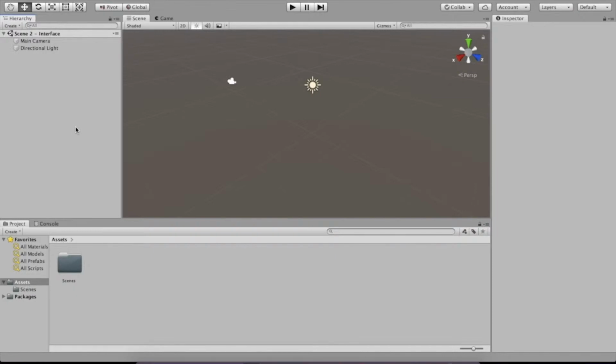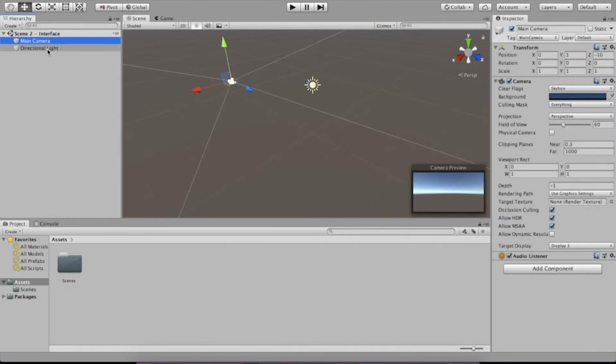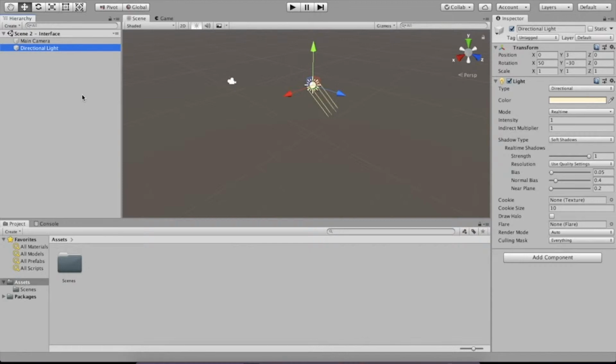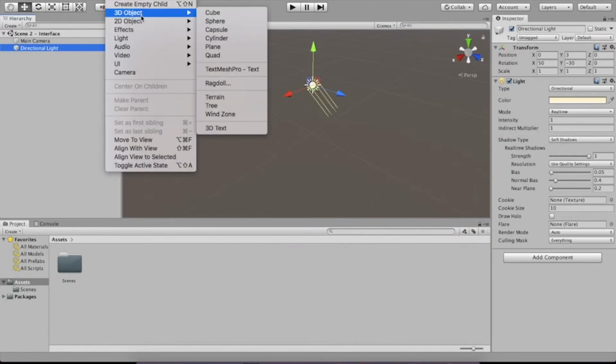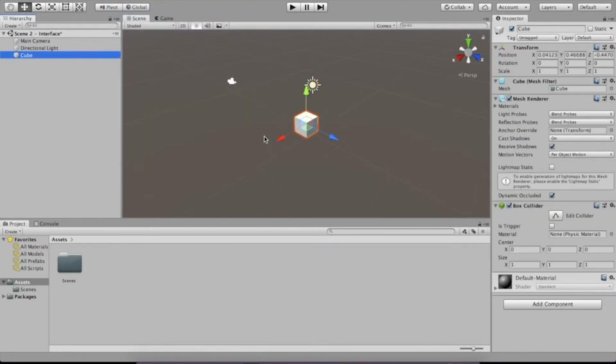A scene at its default state has a camera and a directional light already put into it, but these two things are not very visible. So let's add a new object into our screen. If you go up to Game Object and 3D Object, you can add a basic shape into your scene. I'm going to add a cube. Cool. Now we have a cube put into our hierarchy, and now you can see it here in the